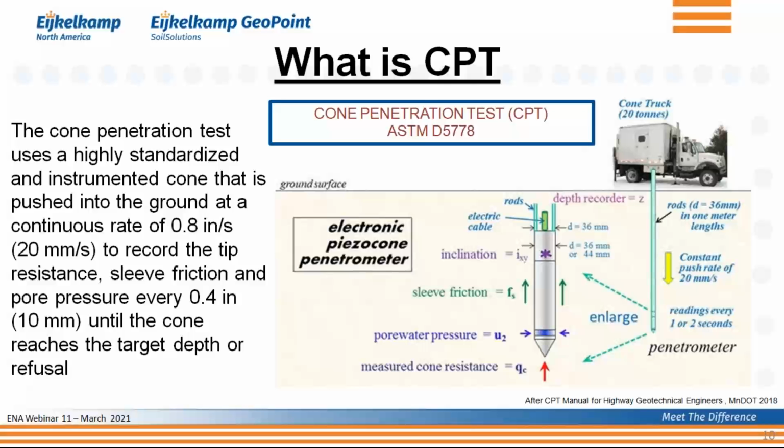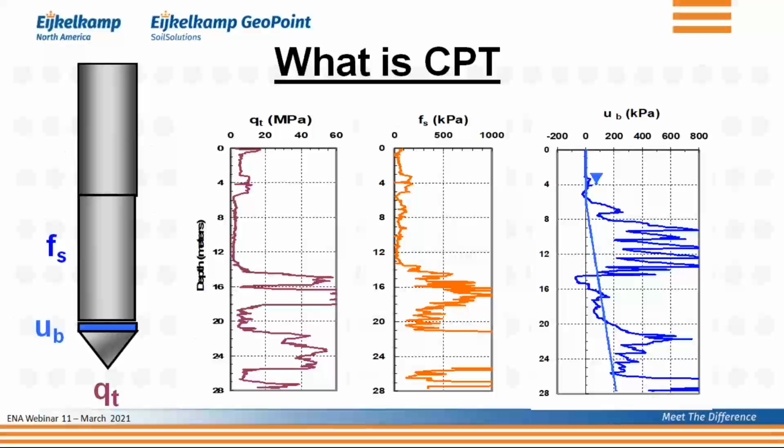What is important to remember is that this cone is very standardized. Not only is the rate at which you push the cone into the ground standardized, but the dimensions, whether it's the diameter or the length, are all very standardized. We do that so that we get a standardized test that creates the same type of results, whatever cone you're using. And then obviously, when you push that cone in the ground, you get these initial results,